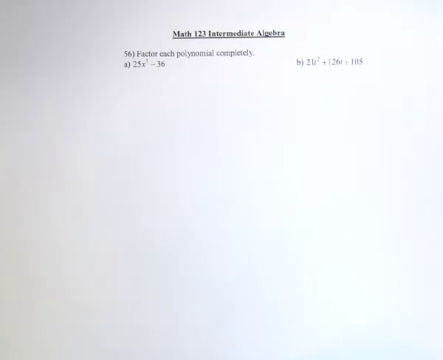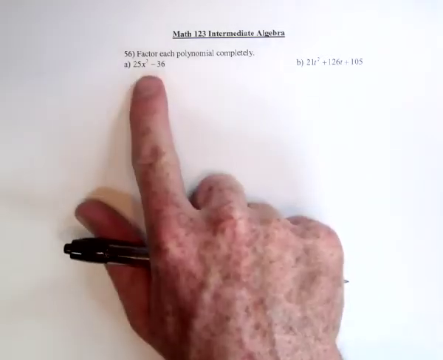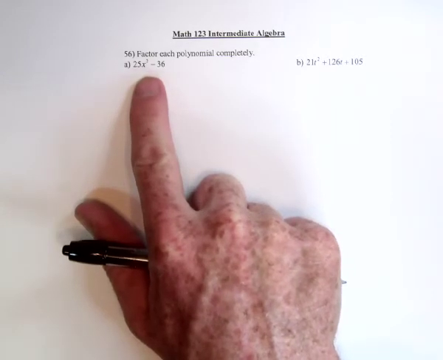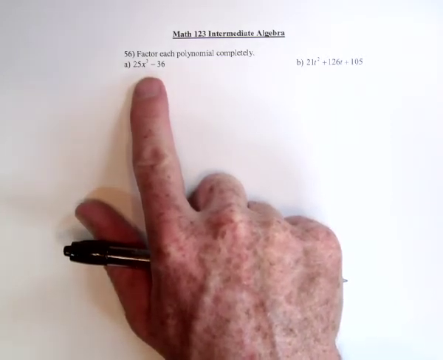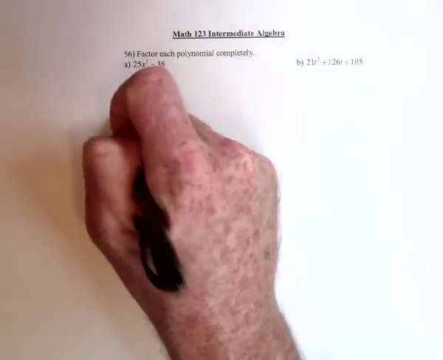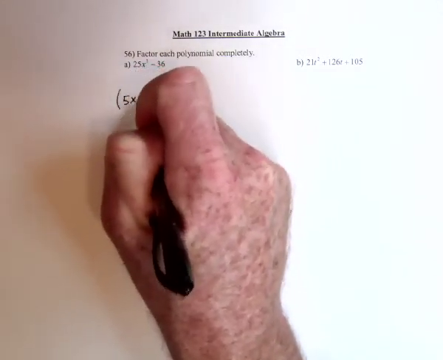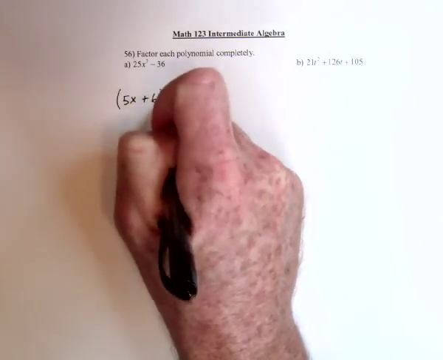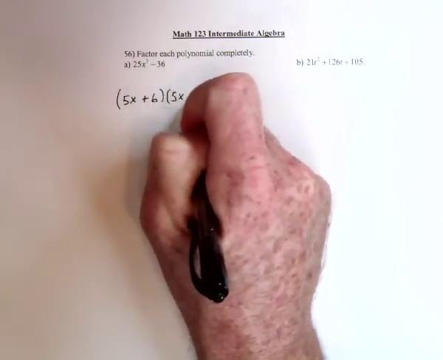So, factoring. Well, with this one, hopefully you recognize that 25 and 36 are both perfect squares, so this one is the difference of squares. So, it would be 5x plus 6, 5x minus 6,